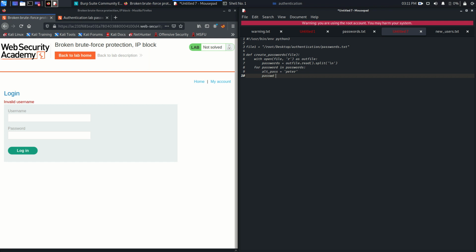So password is equal to alternate password plus a new line plus password. That's it, and I'm going to print this, and what I'm going to print is